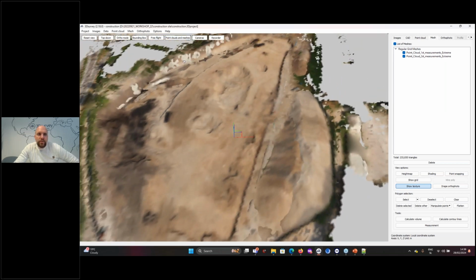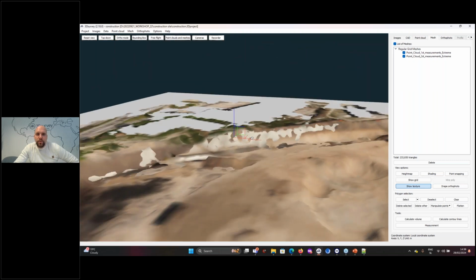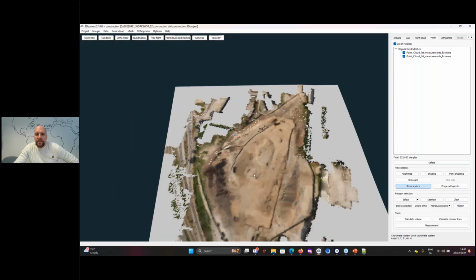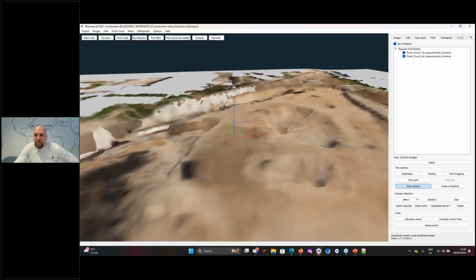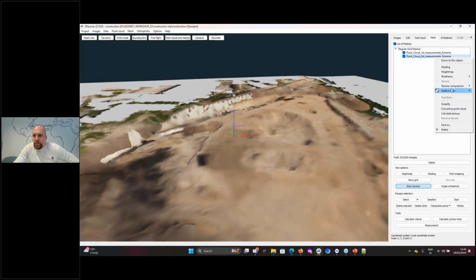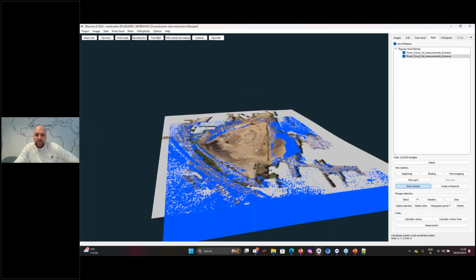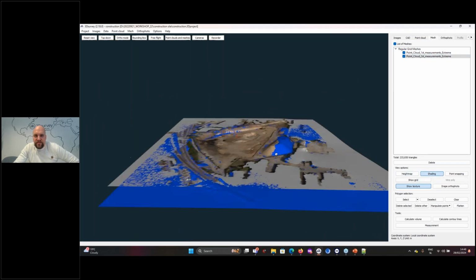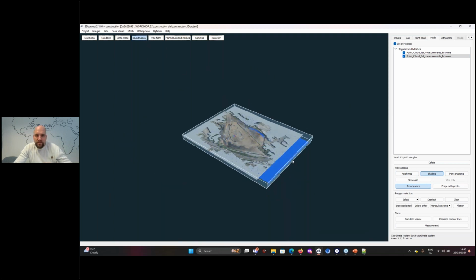So we see here where the elevation did not change, we get this kind of interesting effect when we rotate the model. That's fine. We can move in between the two. We can color one, for example, make the second one blue. And turn on shading. And then we can play with the bounding box.